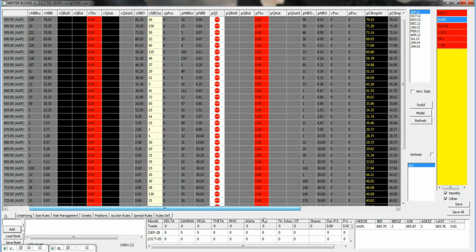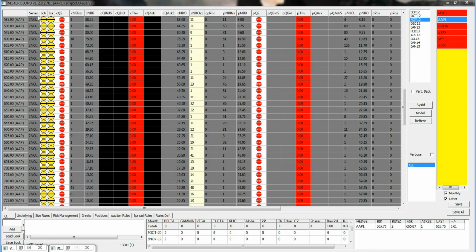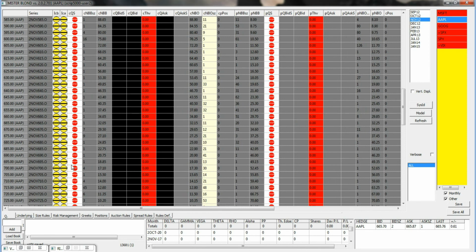If we scroll to the left, you can see the CQ bid, C theoretical value, CQ ask column, along with the PQ bid, P theoretical value, and the PQ ask. In MisterBlond, this displays the calculated quotes based on your rules. We have the theoretical values and the quote bid and quote ask that are straddling these values, so they're easy to read. In this layout, we have a column that has the series already predefined, so it's easy to navigate,